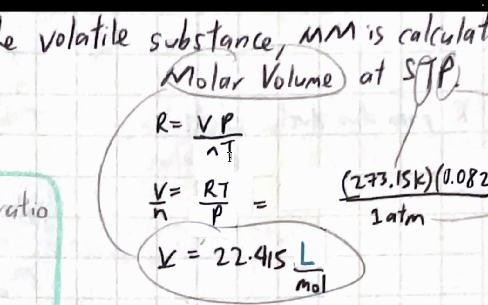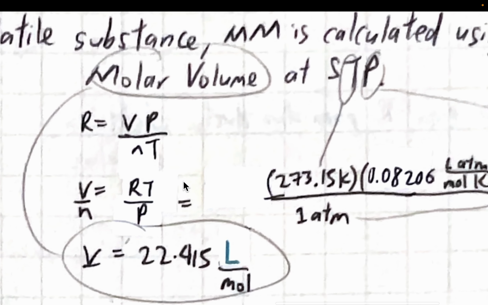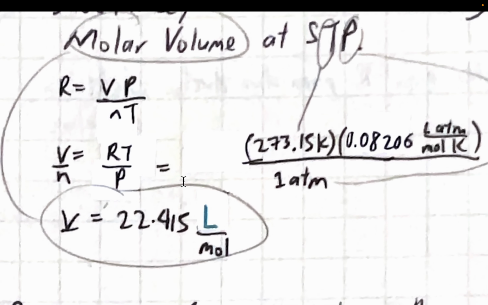We moved nT to the left side, transpose, and then we move P and T to the left side, so that becomes RT over P. And at the right side, it becomes V over n. I hope you can visualize it. And then, right, we have the universal gas constant,